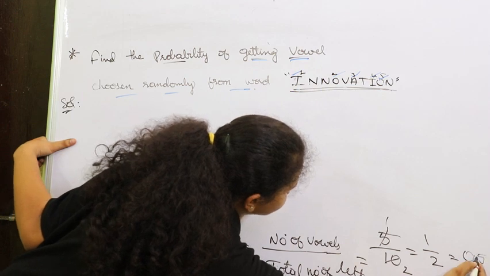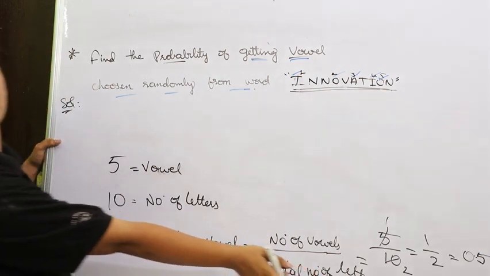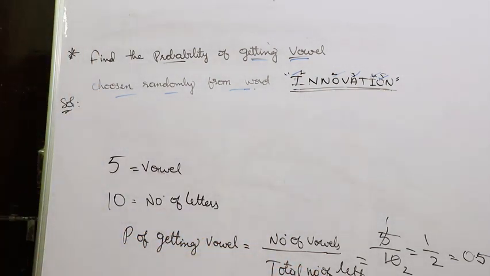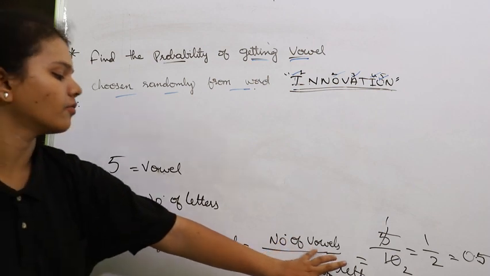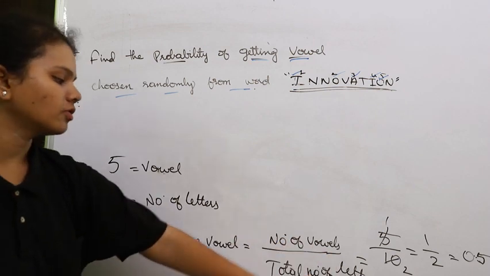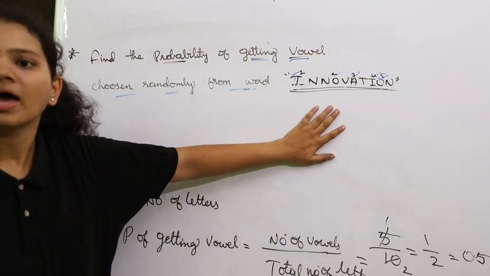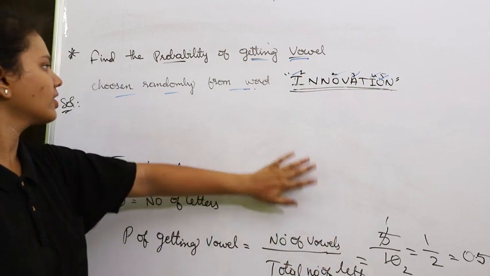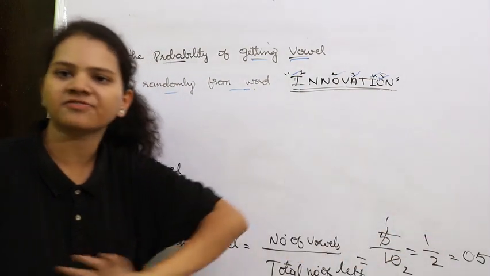If you want to extend this, you can extend. If not, just keep that aside. Okay, I hope you got it. Just nothing but applying the formula. The formula is number of vowels upon total number of letters. How many letters we have in this given word, and what is the probability of getting a vowel. So therefore I can say the probability of getting a vowel chosen randomly from the word innovation is 0.5. Okay,